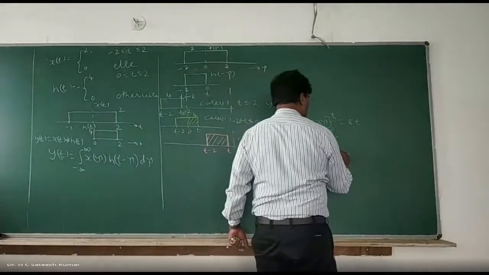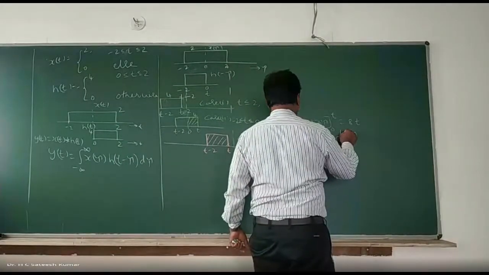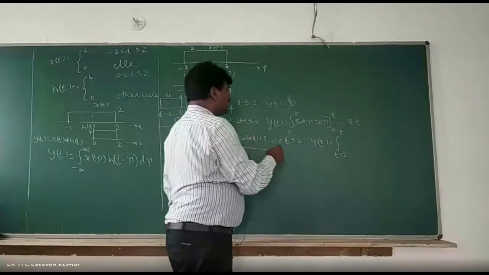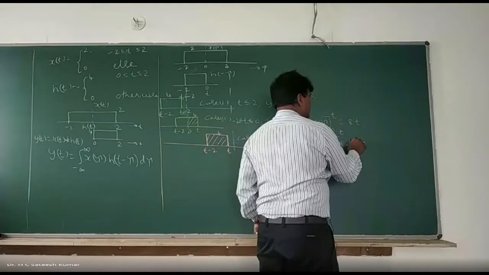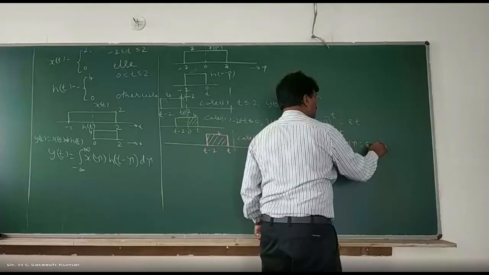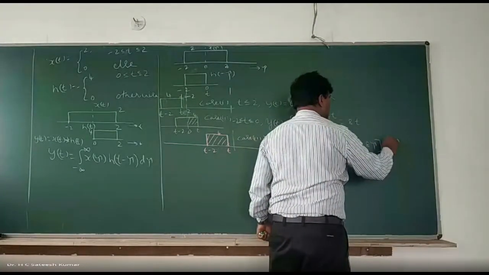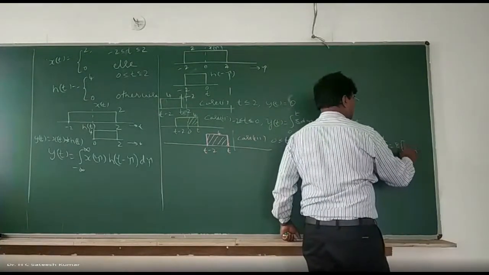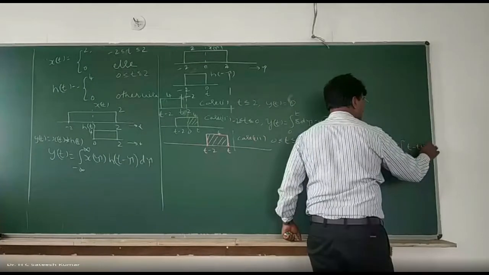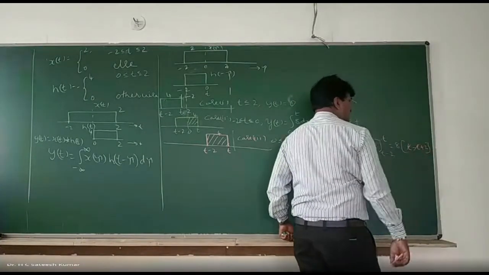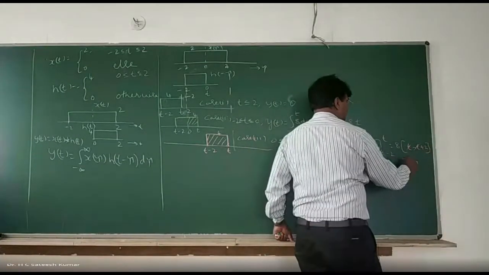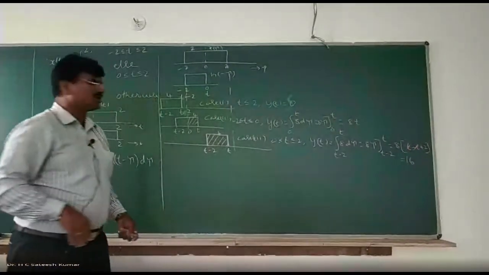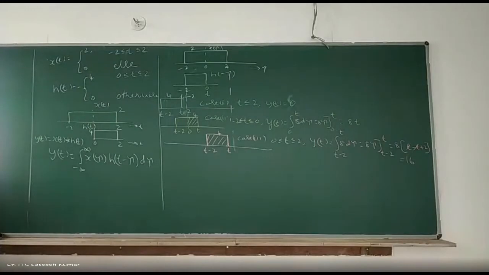Integral from t minus 2 to t. And what is that amplitude? Amplitude is 4, no? 4 into 2 is 8 d tau, which is equal to 8 tau between the limits t minus 2 to t, which is equal to 8 into t minus t plus 2. Minus t plus t gets cancelled. As I said, the answer is 16. Okay, right? So that is case number 3. Now let us move on to case number 4.